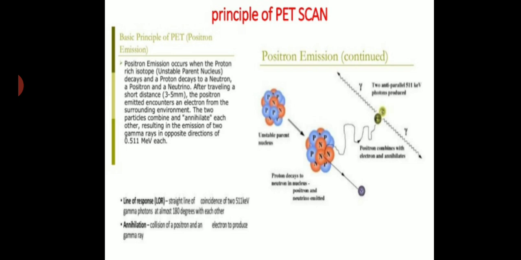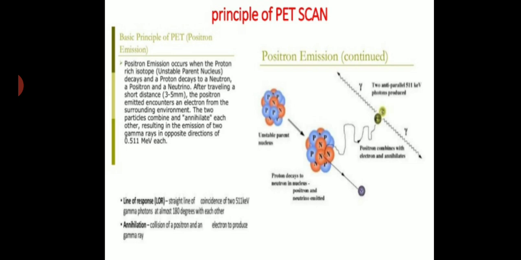Most PET scans use FDG, that is fluorodeoxyglucose, as a tracer. FDG is an unstable radioisotope with a half-life of approximately 110 minutes. PET images are much blurrier and noisier due to the relatively limited number of photons that can be collected during an imaging study as compared to CT or MRI.